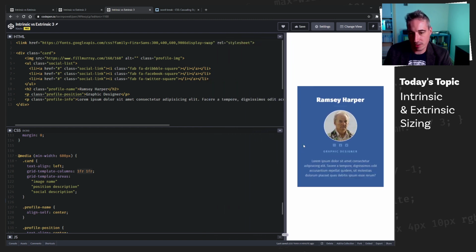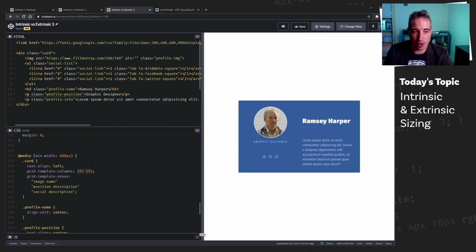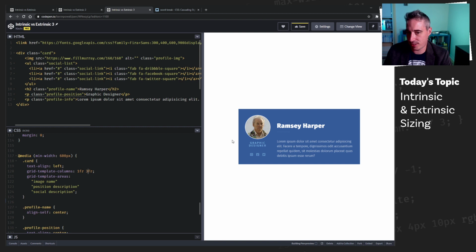So we have this card here, and I'm not going to worry about here, but here where we get these 2 columns, I just made 2 columns this way. And in the original one, I did something like this just to set it up to work. But what I wanted to show you is something that's a little bit more dynamic that you could set this